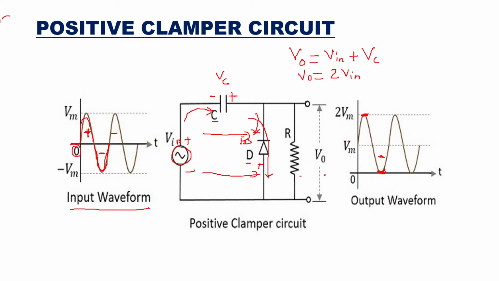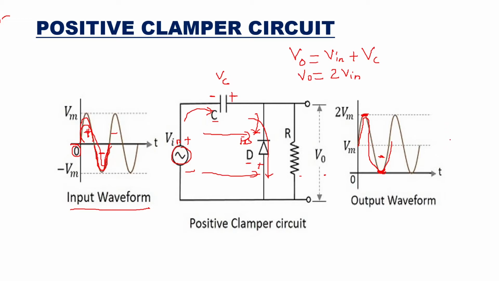So the input voltage was Vm and then it has gone to 2 Vm. So this full cycle, the full cycle positive and negative, what you have seen here is shifted on top. You are having positive and negative half cycle here. So it has gone to positive side and it is called a positive clamper. Okay. Now you can change this waveform